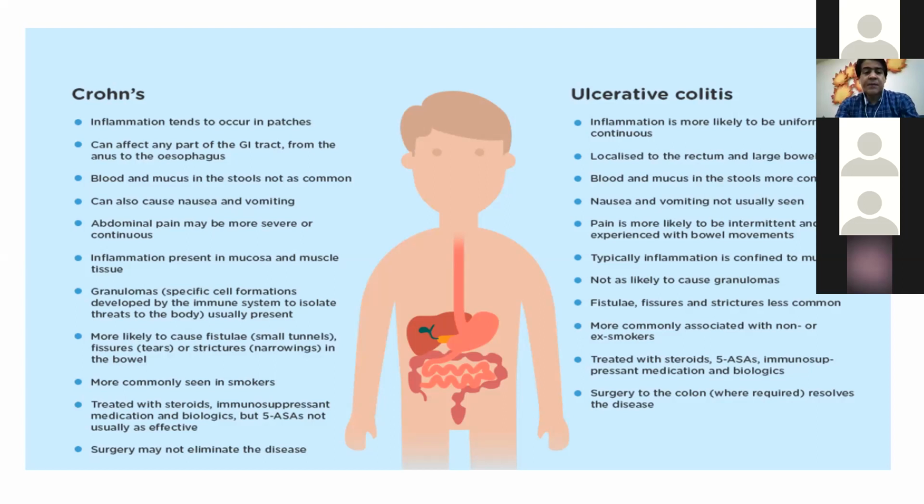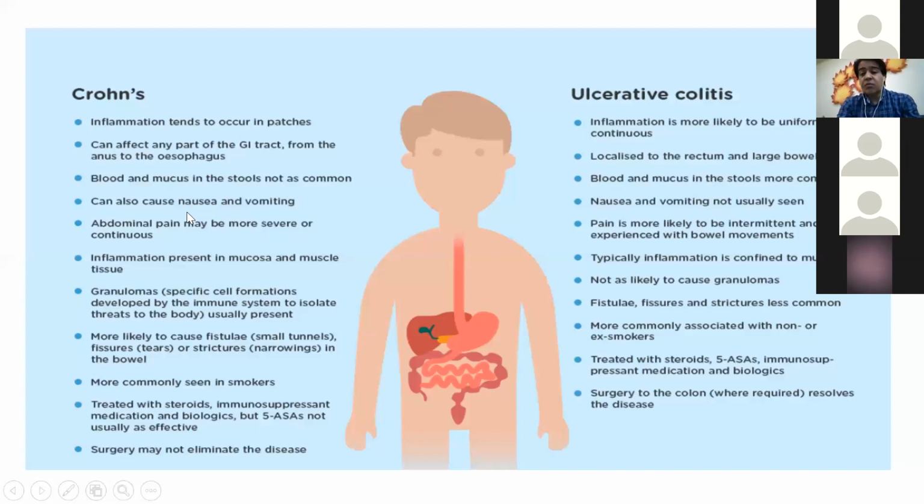Here you can see that in Crohn's disease the inflammation is patchy, while in ulcerative colitis the inflammation is uniform and continuous. Crohn's disease involves the whole GI tract from mouth to anus, but ulcerative colitis usually involves the rectum and the large gut. Blood and mucus are not common in Crohn's disease. As I told you, the rectum is spared in Crohn's disease, but ulcerative colitis usually presents with blood and mucus, and while Crohn's disease